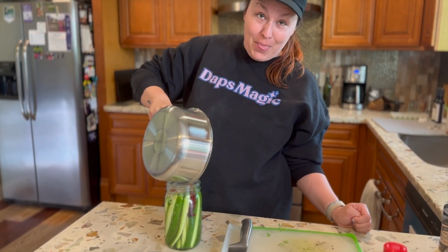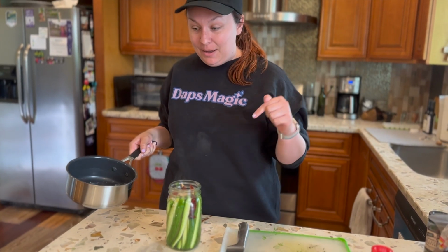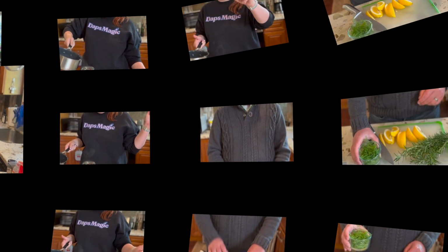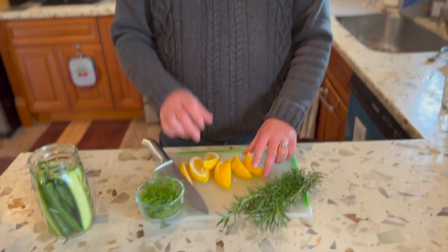Ooh, that's exciting! I love when math works out. And now we're going to seal this, put it in the fridge, and let it hang out. And now you just see Mr. Daps do his pickles. All right, for my pickles, I am putting lemons in, which I just picked in the